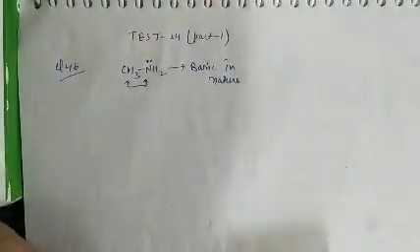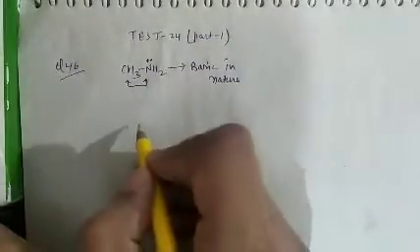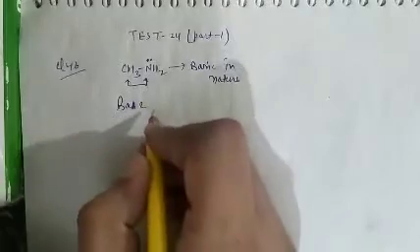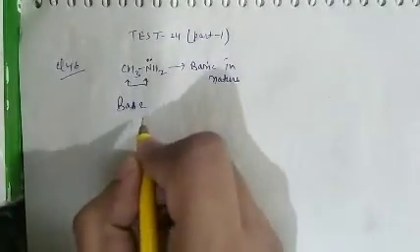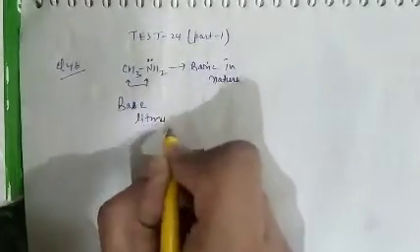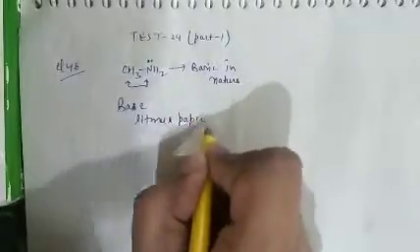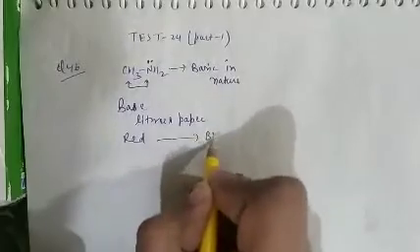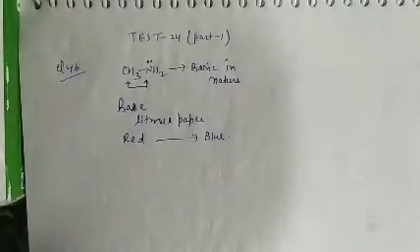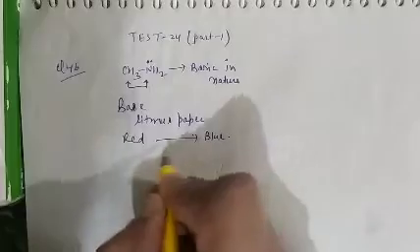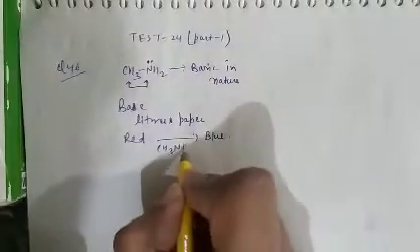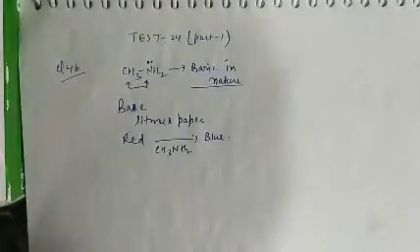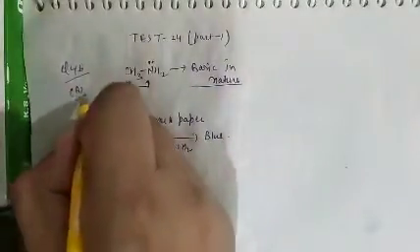And we know that since methylamine is basic in nature, a base turns litmus paper. The color of litmus paper changes from red to blue. So the color of litmus paper will change from red to blue when we add methylamine, because methylamine is basic in nature. So question number 46, option B is correct.